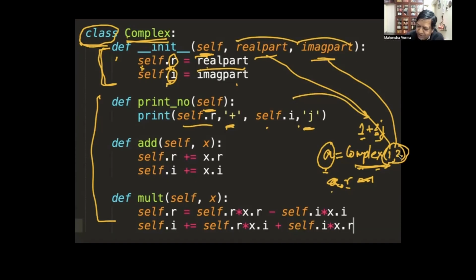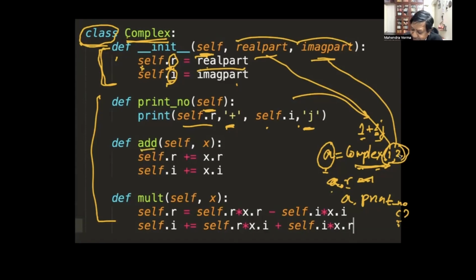So this is one of the functions associated with the class, actually. So once I create the object, I'll say a dot print number. With the brackets, self means you don't give anything. Self means I should not write self when I call it. Here I should not write self. Self is a dummy argument.